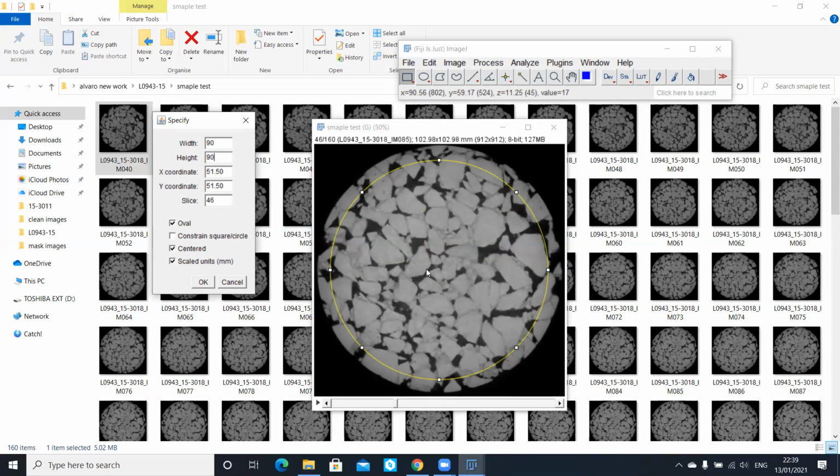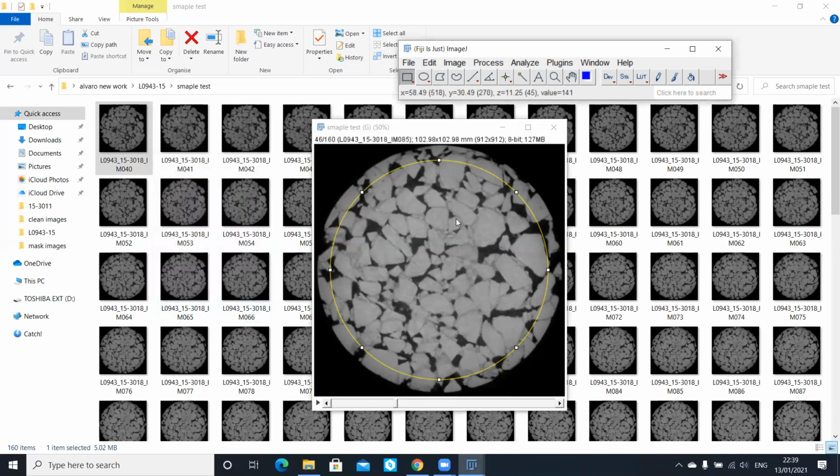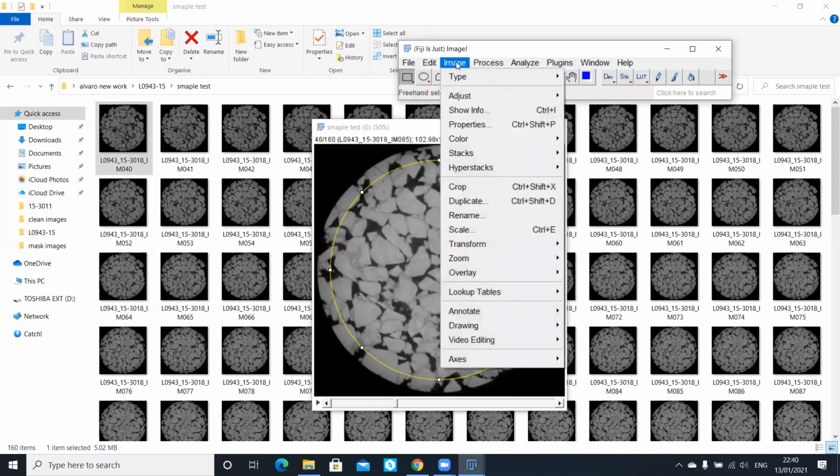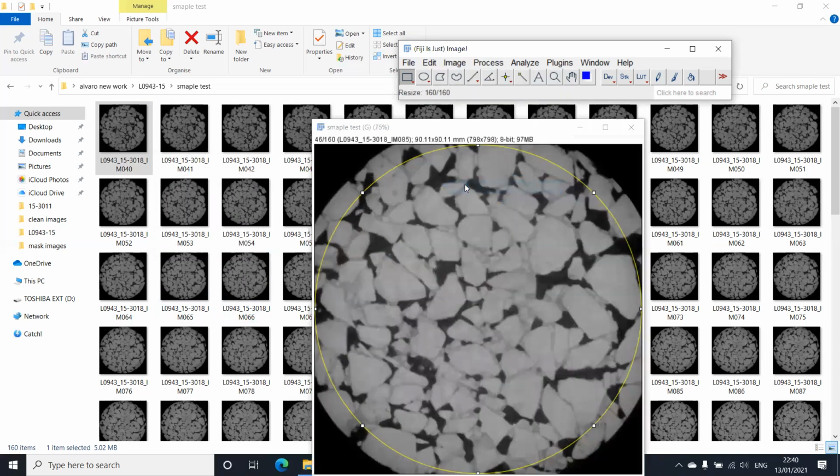Okay, after that, we go and make okay. And we have the selection now. We can go and make image crop. After we image crop, we just make it very smaller. We crop the image. Okay, but till now, after we crop, I need to delete everything outside the selection